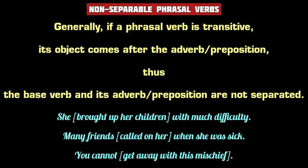The phrasal verb called on expresses the idiomatic meaning of visiting or paying a visit. In the last example, get away with is a transitive and non-separable phrasal verb with the object this mischief. It comprises the base verb get, the adverb away, and the preposition with. Let me tell you, whenever a phrasal verb has both an adverb and a preposition after the base verb, it is always